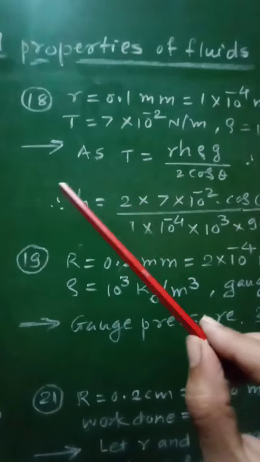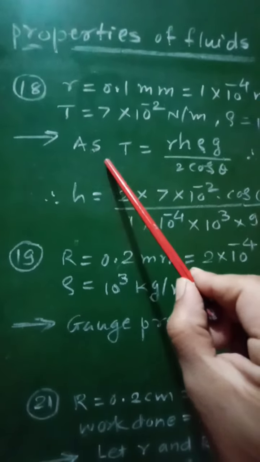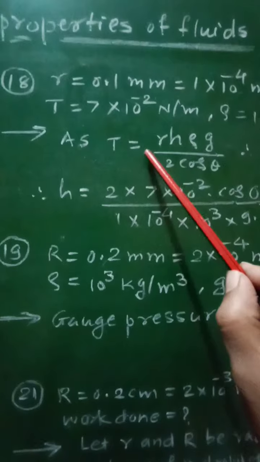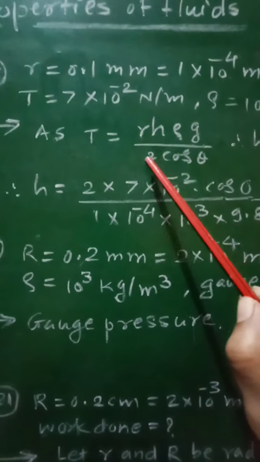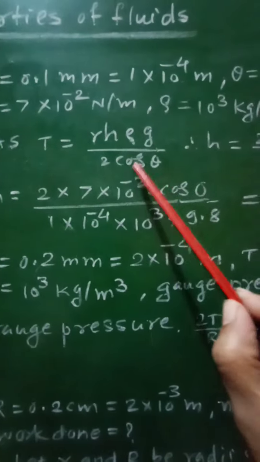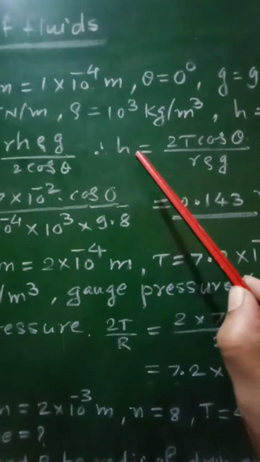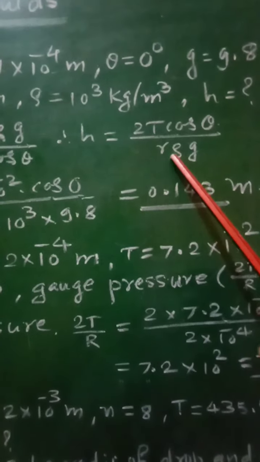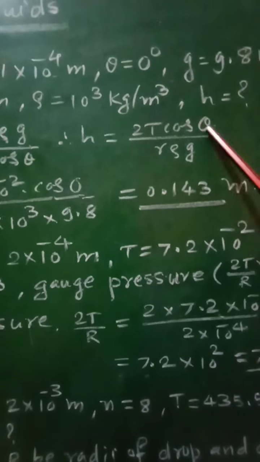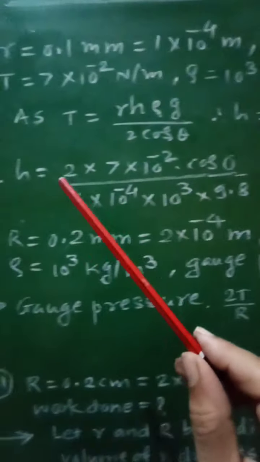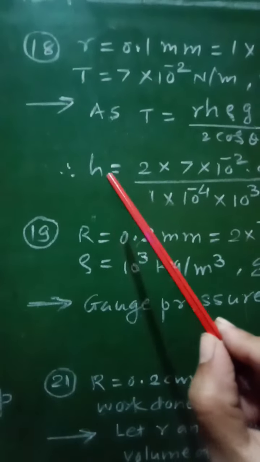Then in the solution we know the formula for surface tension of the liquid, that is T is equal to r h rho g upon 2 cos theta. Therefore h will be equal to 2T cos theta upon r rho g, that will be h, and therefore putting the values we will get h